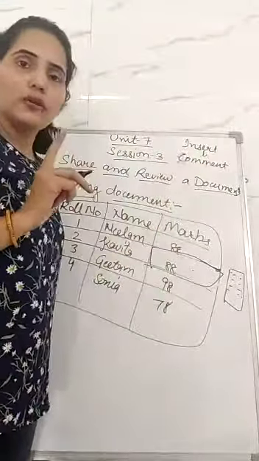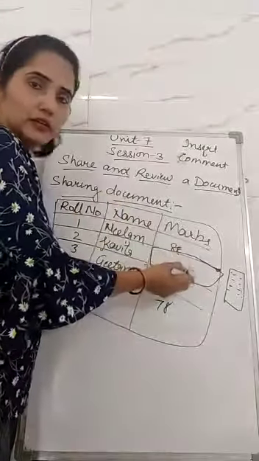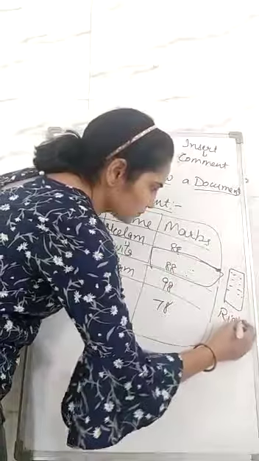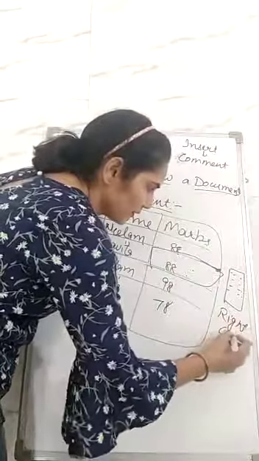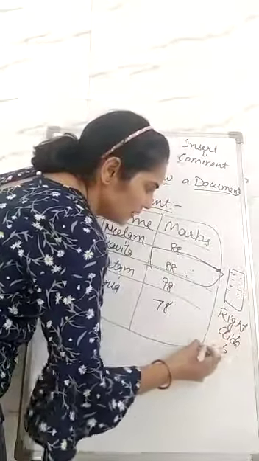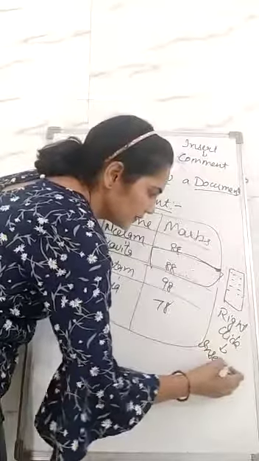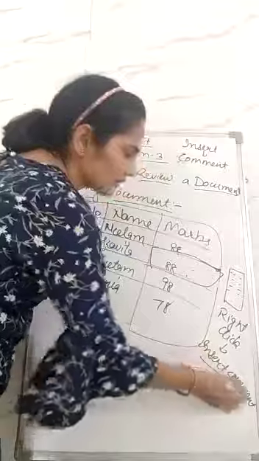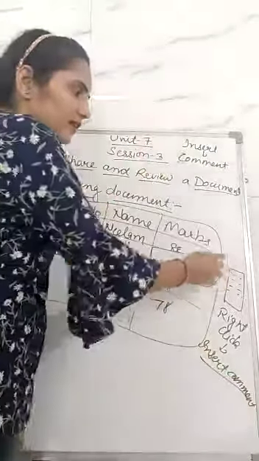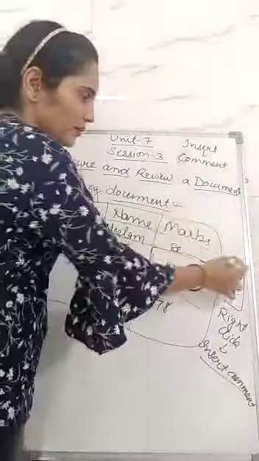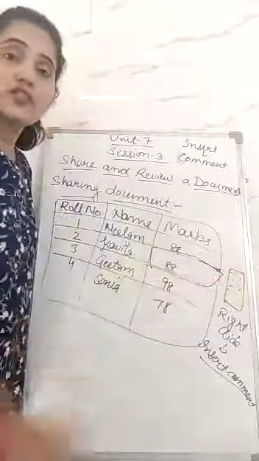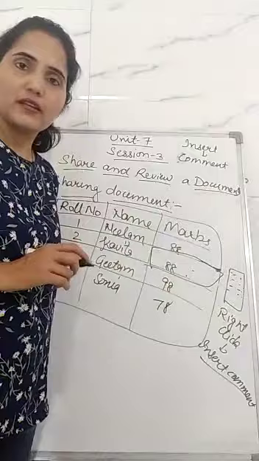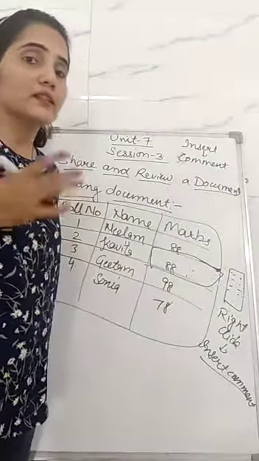And there is one more method: simply click in a cell and then right click. There you will find the option insert comment. You just click on insert comment. Again a yellow bordered box will appear here. You will just write down the comment and then click on OK. Clear, my dear students, how to insert a comment?